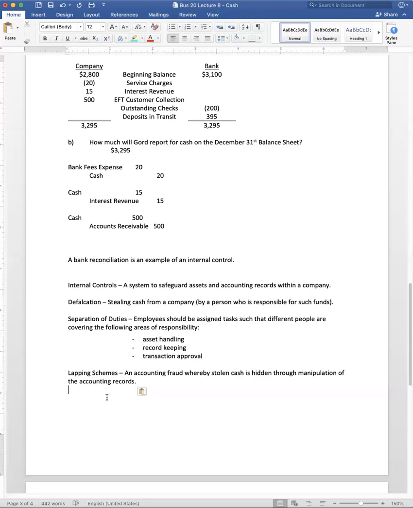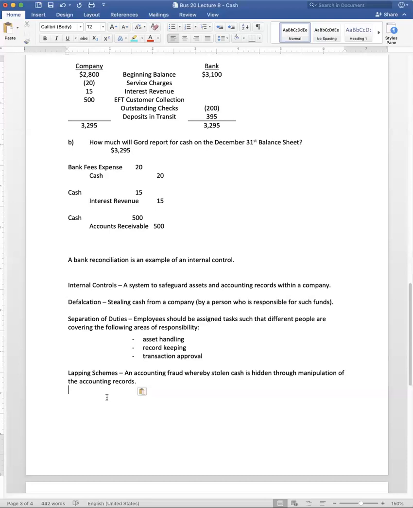Now, what's the problem with this? Well, the person who's doing the lapping scheme has to have their own complicated set of records. They need to know which payments have come in from which actual people and how they have applied that money to the other people. So they need to know what's going on and they need to be in control of it. Let's say they missed a day of work and somebody else had to take over their job. That person is going to mess it all up because that person's going to receive money and they're going to put it in the wrong account, wrong in quotation marks, of course,